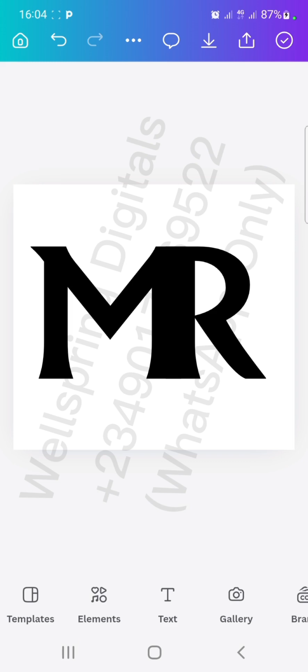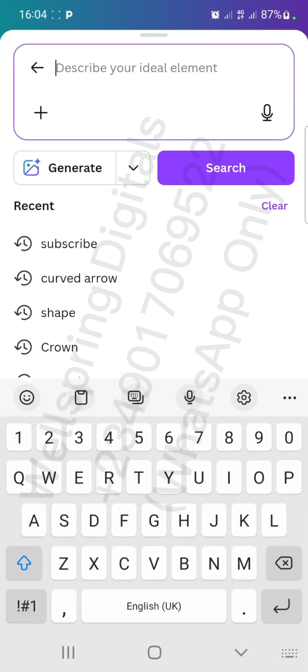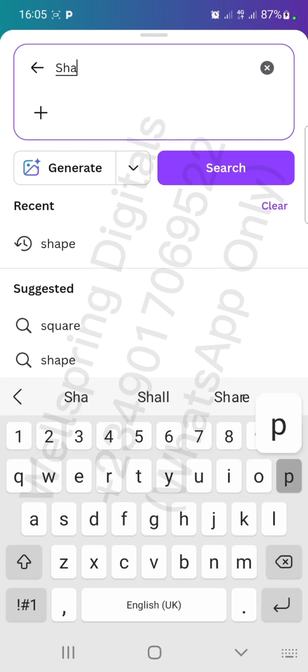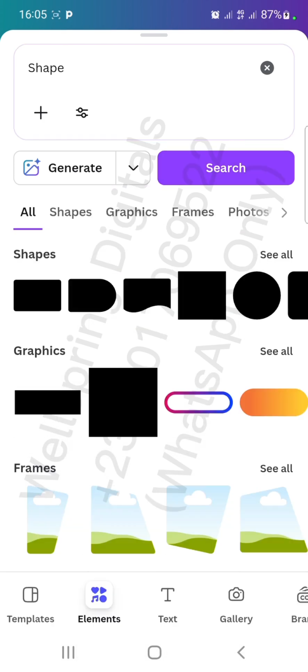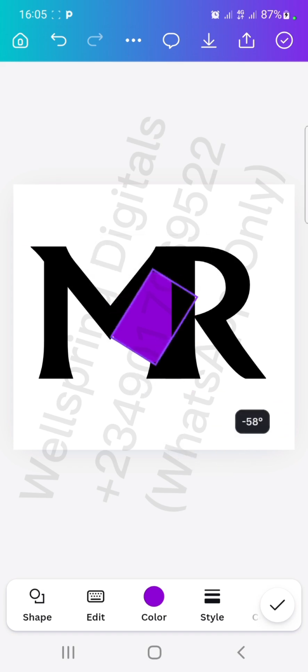So the next thing for us to do is to click on elements once more. Click on elements. You're going to find square, or let's use shape. And see shape here. You can type shape, click on search. So we'll be using either this or this. Let's use this. Great. So we are going to turn it,